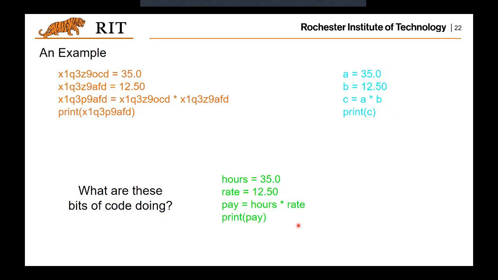It means you are calculating a pay from the total hours and the rate per hour. So this is the most preferable way to name your variables: easy to memorize and